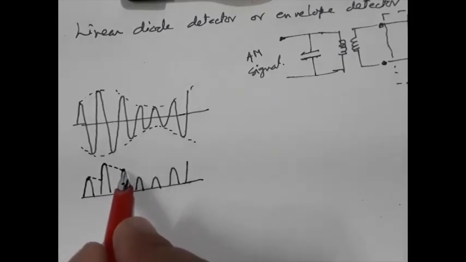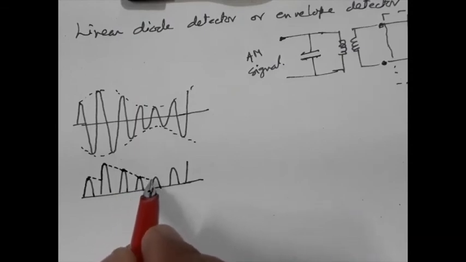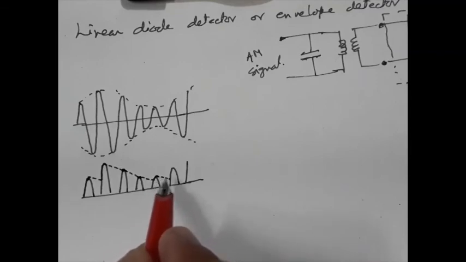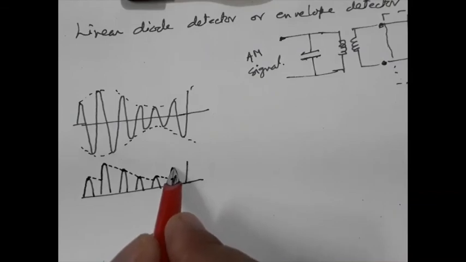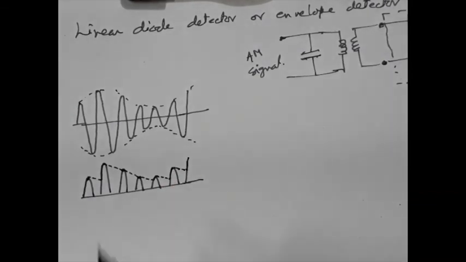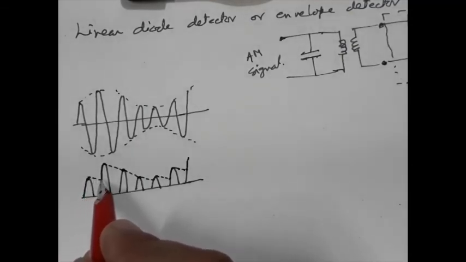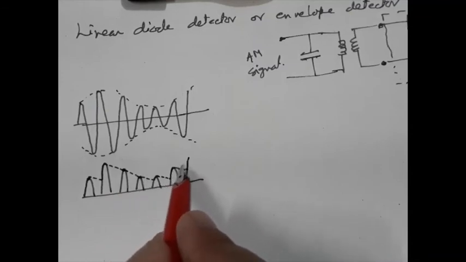Again, it will be like this, and so on. That means, if you see carefully, this capacitor voltage drawn in the dotted line is trying